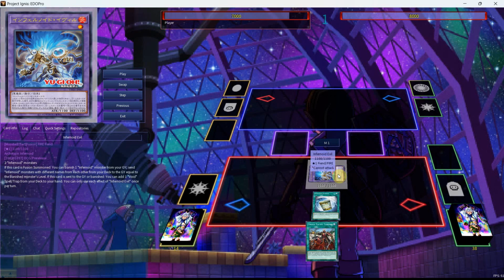It reads, if this card is fusion summoned, you can banish one Infernoid monster from your graveyard as a cost, send Infernoid monsters with different names from each other from your deck to the graveyard equal to the banished monster's level. If this card is sent to the graveyard or banished, you can add one Void spell trap from your deck to your hand. You can only use each effect of Evil once per turn,